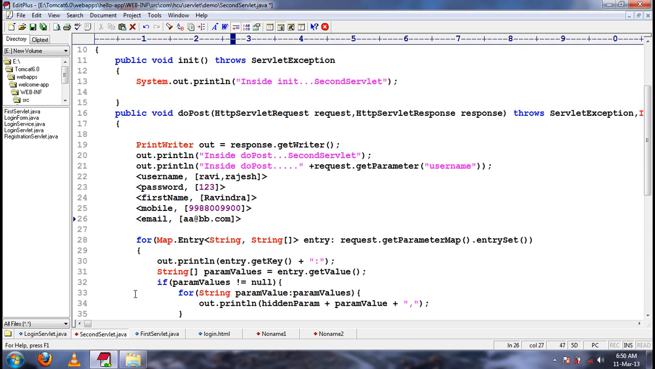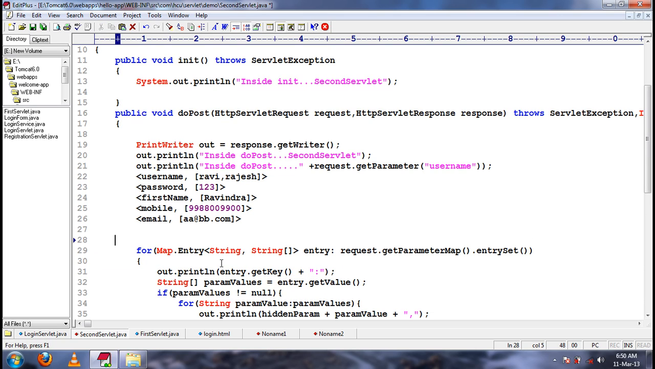Okay, so now what we do is we iterate them and we will print the values. So in the first iteration, what happens? What is the key in the first iteration? The key is username and the values are Ravi, Rajesh. So in the first iteration, what we do? out.println of entry.get key, colon. So the entry.get key will give you username